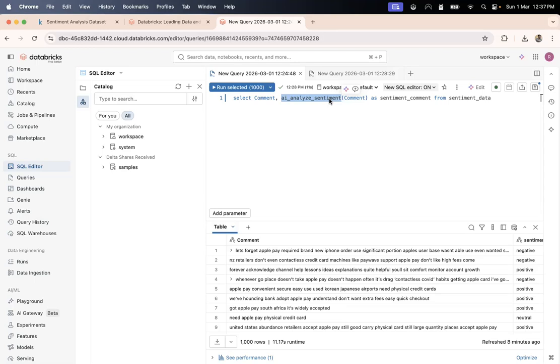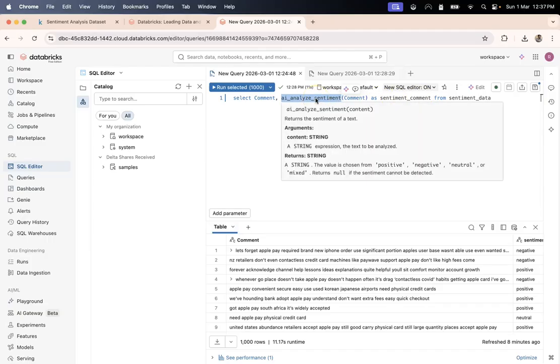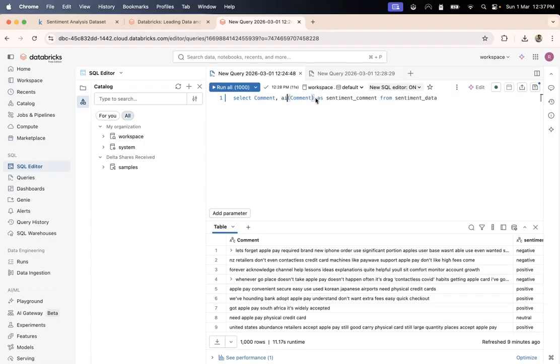Under the hood, it is calling one more AI function, which we will cover in some later part of this video. But for now, let me show you how AI classify would work. I would like to call this AI classify on comment, but now I have to also provide an array of possible labels that I want my comment to be classified into. For now, let's go with positive and negative only.